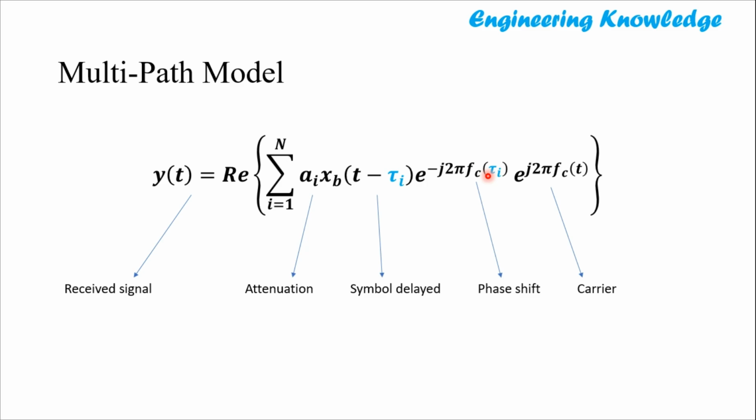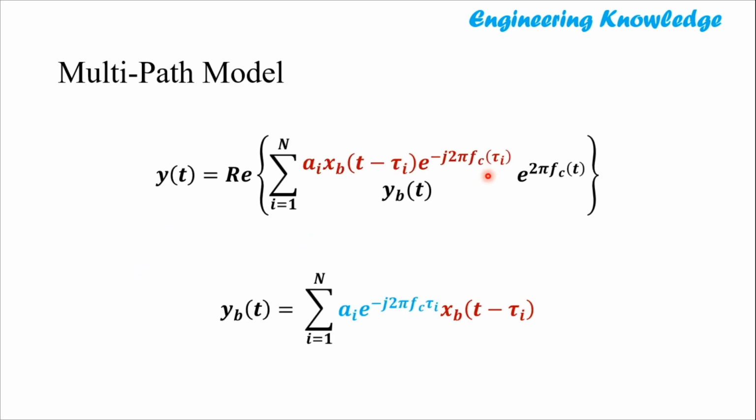So this component represents the passband representation. How can I again convert it into baseband? You can understand that anything except e raised to the power j 2 pi fc t will become the baseband part. Therefore, what I have written here in blue is the baseband part, and this is x_b of (t minus tau_i). So this complete thing is the baseband received signal, denoted by y_b of t,